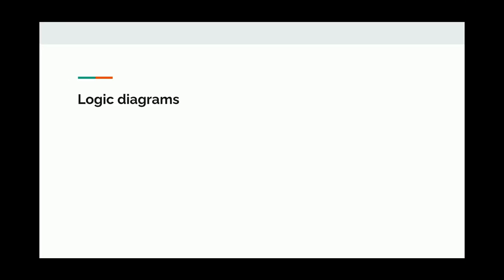Now, as mentioned in the earlier slide, before truth tables, we had different logic gates. Now, if we combine these logic gates, we can get different types of diagrams that can represent different problems and